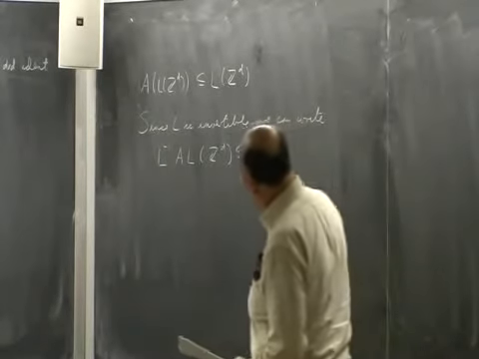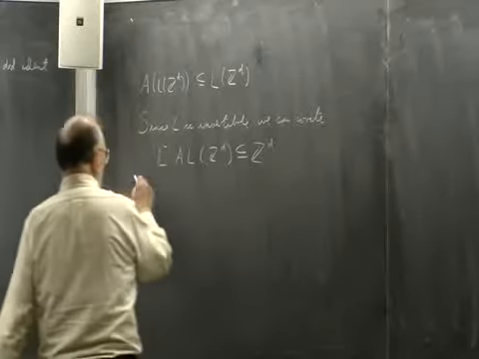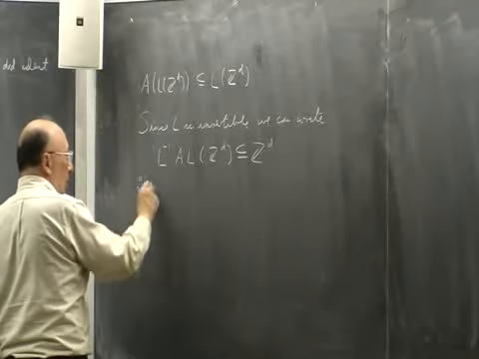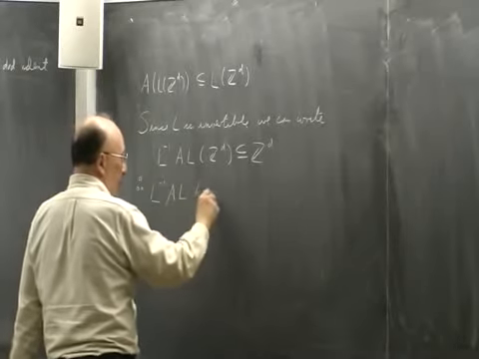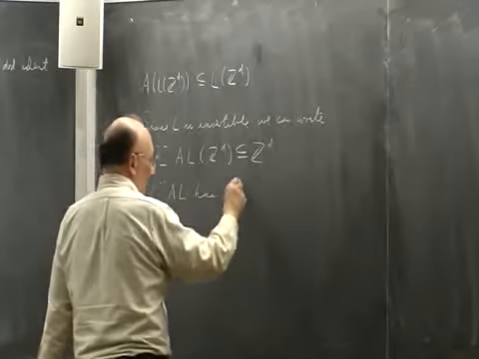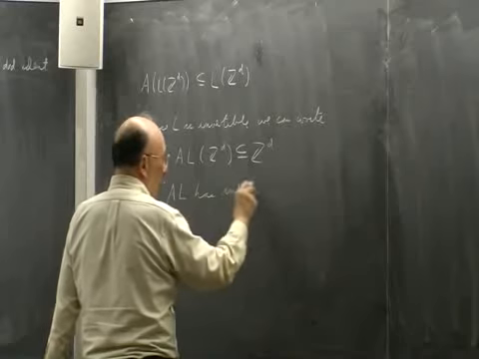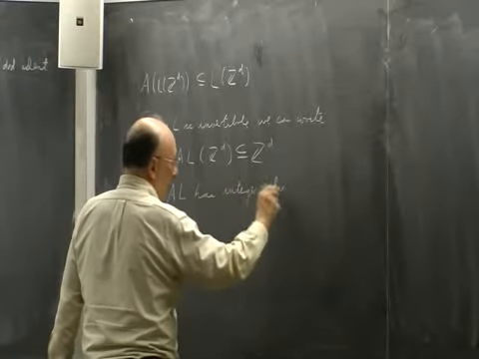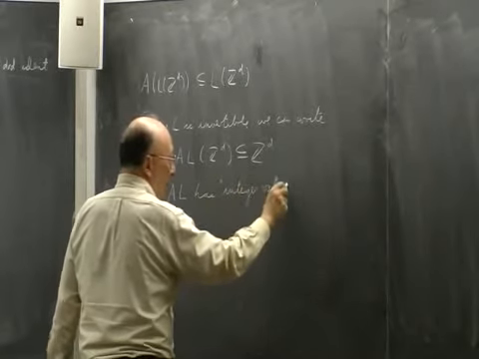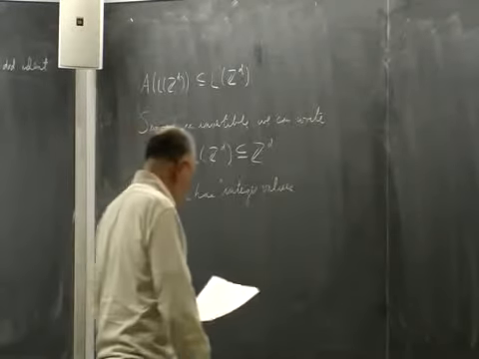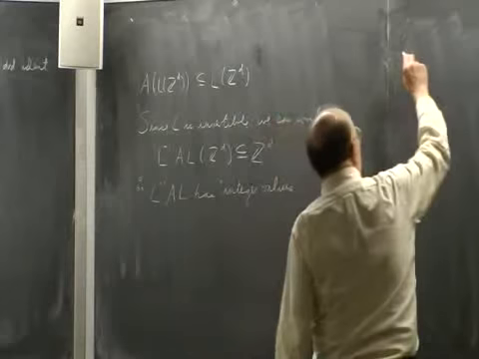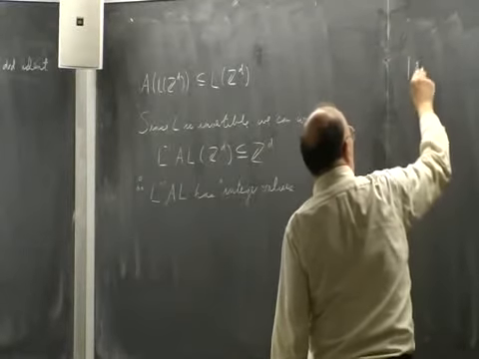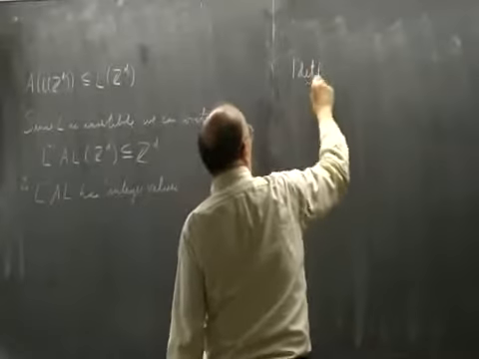And so therefore this matrix has integer values. So therefore L inverse A L has integer values. And hence, if I look at the determinant of A,